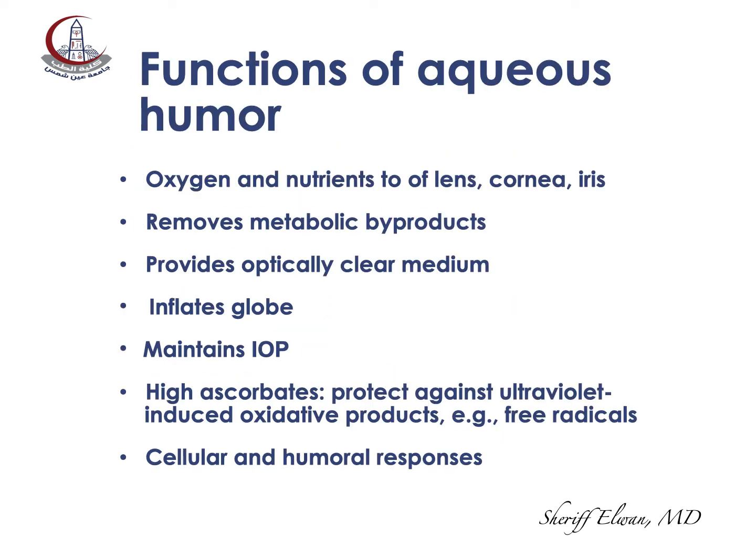It serves the following functions. It gives oxygen and nutrients to the lens and partially to the cornea and the iris. It removes the metabolic byproducts of these structures. It provides an optically clear medium of the media of the eye through which light passes. It inflates the globe, maintaining its intraocular pressure,